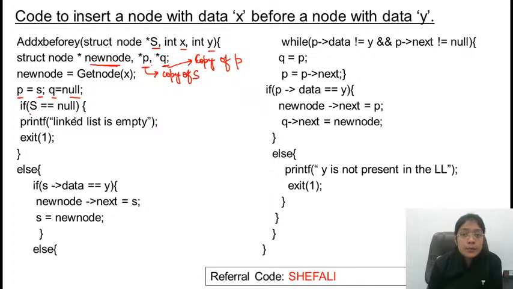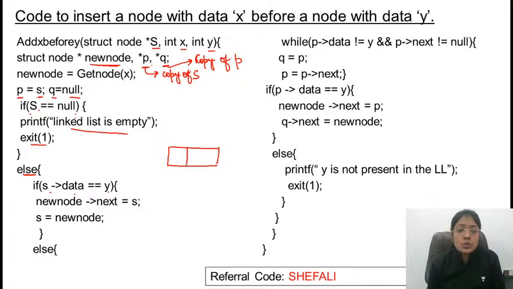If the linked list is empty, तो इसका मतलब क्या है? नोड आपके पास अवेलेबल नहीं है. First two cases are the same, right? So if S is equal to null, it will be printing that linked list is empty and it will exit from the function. Otherwise, if the first node itself contains the data Y,